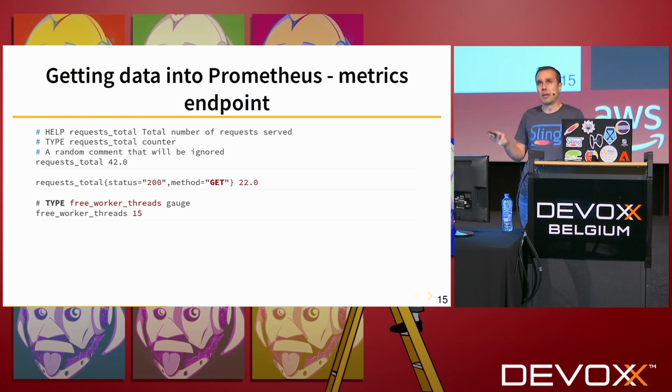Another type of metrics are gauges. Now gauges, as opposed to counters, can go down as well as going up. You may say, okay, what's the big deal? So they can go down. Well,